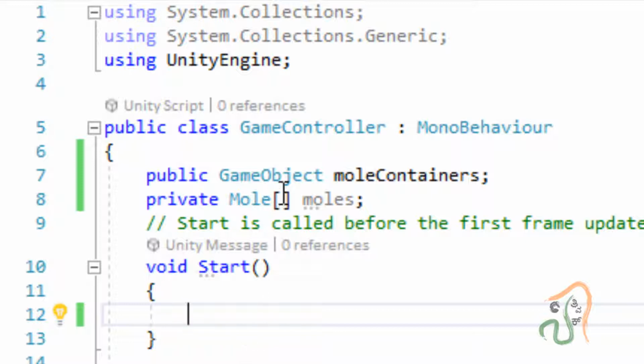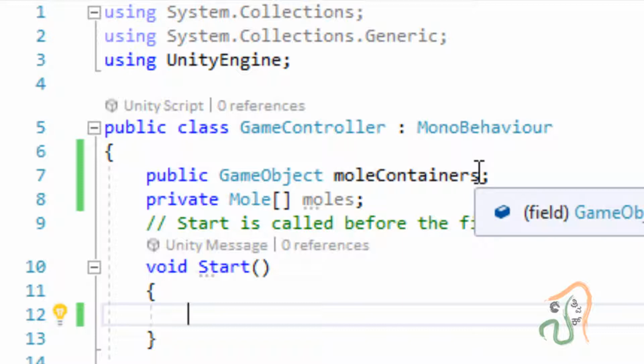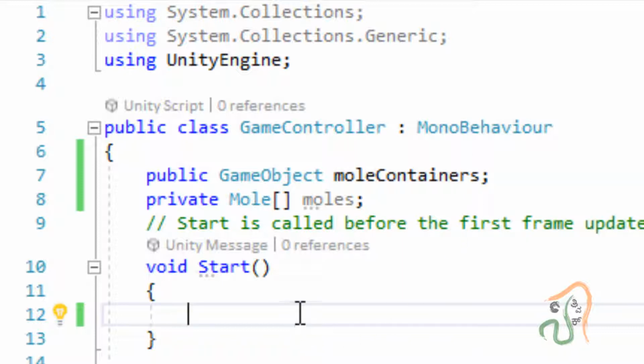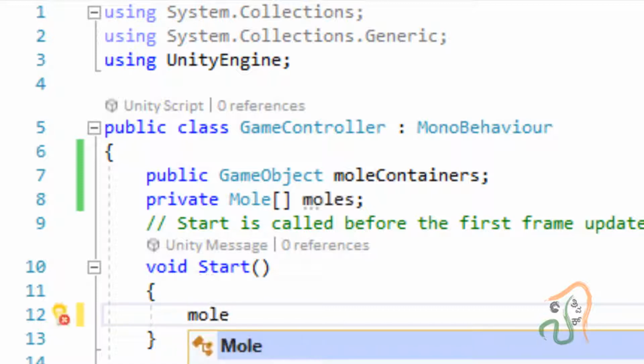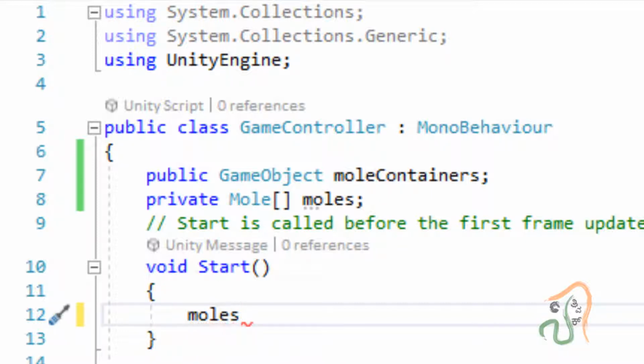However, now we want this moles to be an array of objects, and that array should be equal to this mole container. To do this, come to Start, and in Start, let this moles variable we declared be equal to the mole container.